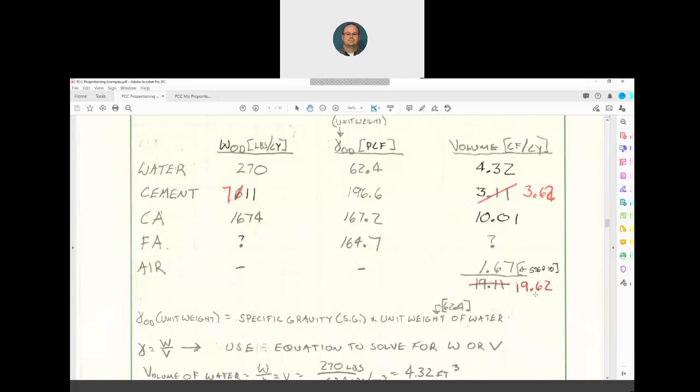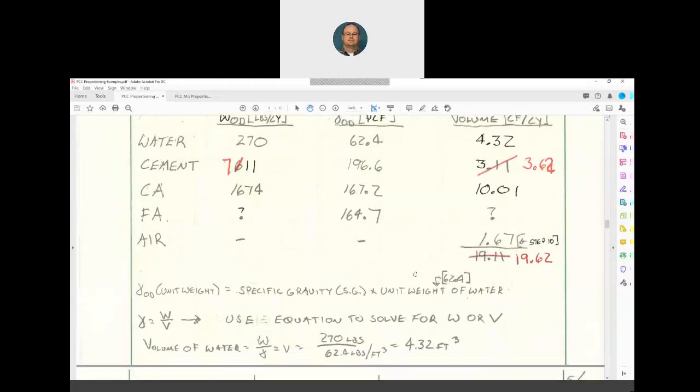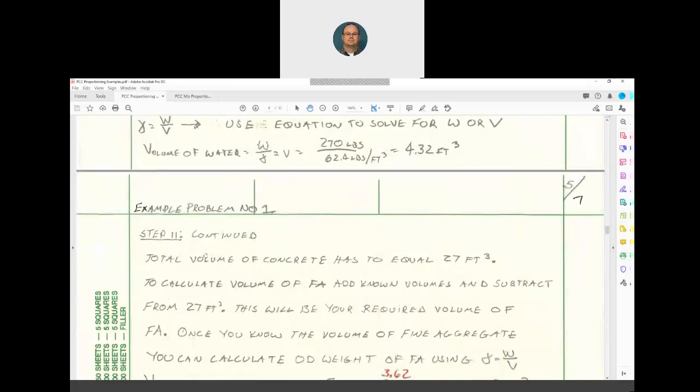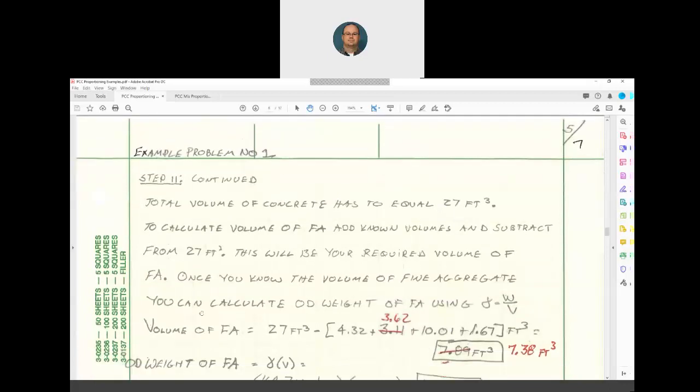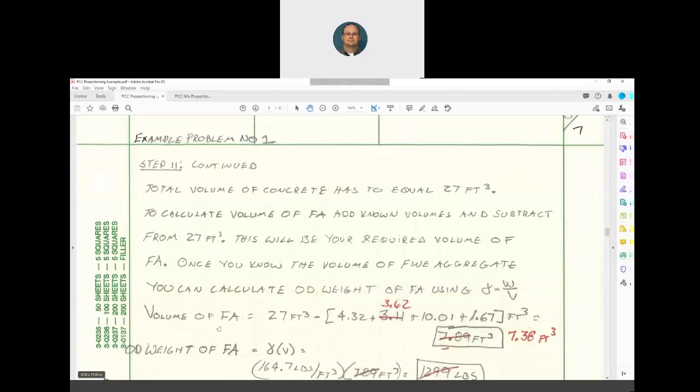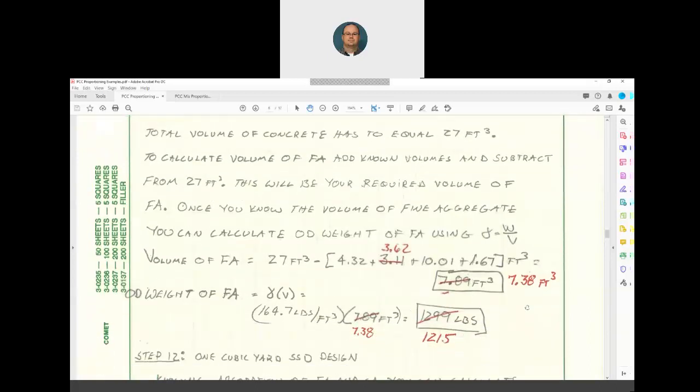But we know there's 27 cubic feet per cubic yard. So total volume of concrete has to equal 27 cubic feet. To calculate the volume of fine aggregate, add known volumes and subtract from 27 cubic feet. This will be your required volume of fine aggregate. Once you know the volume, you can calculate the oven dry weight of fine aggregate using the density equation. Volume of fine aggregate equals 27 cubic feet minus the sum of all those, and I get 7.38 cubic